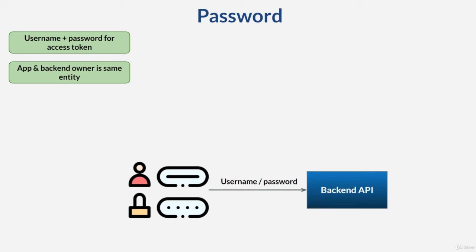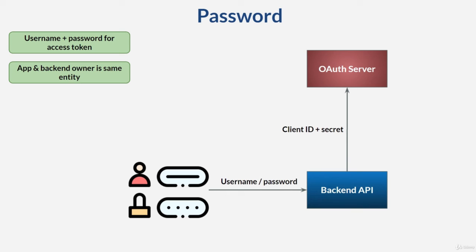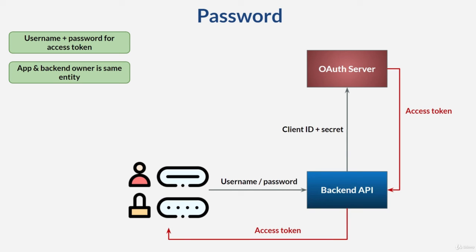Backend X validates the credentials, then when the credentials are valid, backend X will contact the authorization server to get an access token. With this approach, the client ID and client secret are only known by backend X, not embedded in the native application code. The native application uses the access token to communicate with the backend API. Since an access token usually has limited validity, this flow can reduce client ID and client secret leaks and is more secure.